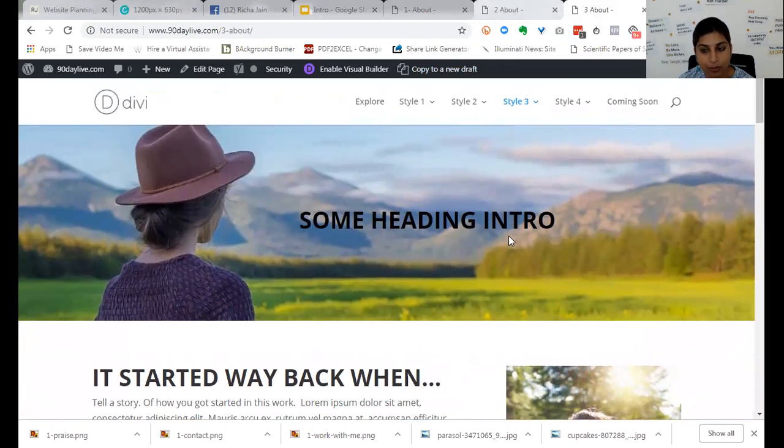Now I will share these links with you. You can use any of these layouts as a template to map out your own about page, or you can create your own layout. Okay, and once you're done with the assignment, once you're done mapping things out,